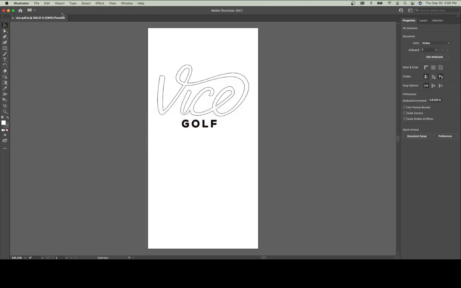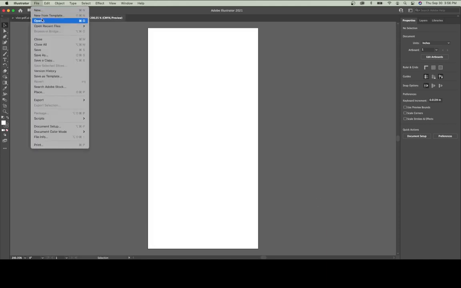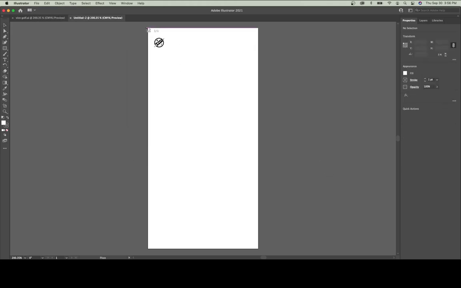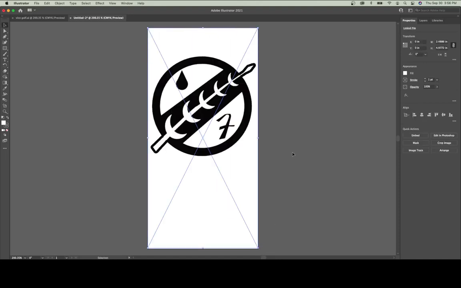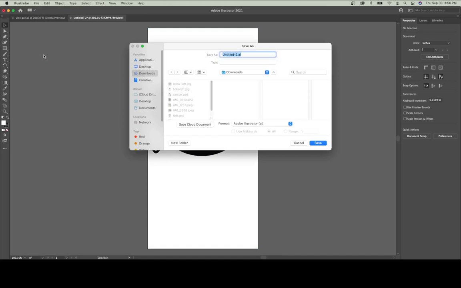Back over to Illustrator, we'll make a new document, same size as before, 2.5 inches wide, 5 inches high, create, file, place, find that JPEG that I just made. There it is, the black and white image, not the color one. I'm going to place it, same process, go to my top left corner, click and drag down to the bottom right corner, release my mouse, and there's my design fit into my document, ready to be saved as an Illustrator file